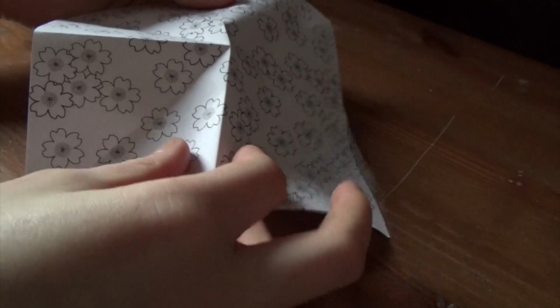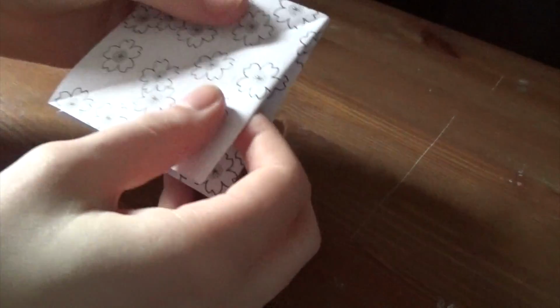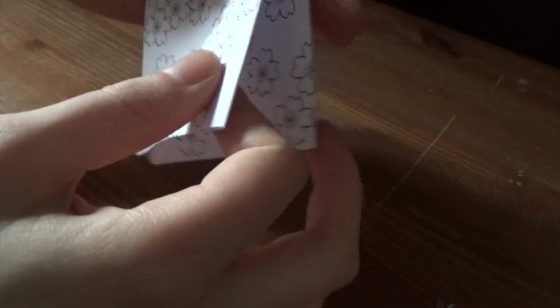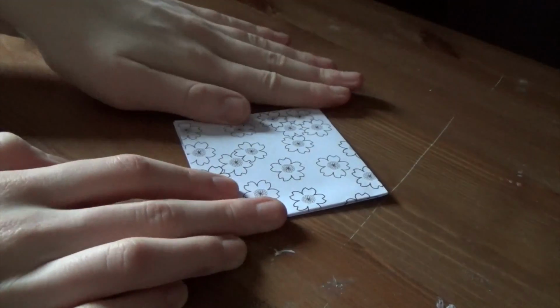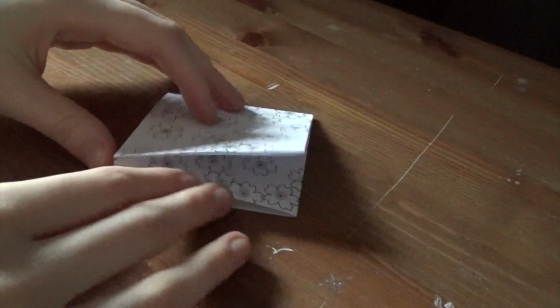Now this bit looks a little bit complicated. You're basically going to fold it in on itself to create a little diamond. So you can see it looks like this. I'm trying to show you as simply as possible. I'm just doing it over and over again so you can see how you're supposed to fold it. Just keep on flattening down those edges and making sure the creases are really tight, and that's how the crane will look good. Mine didn't end up looking great, but